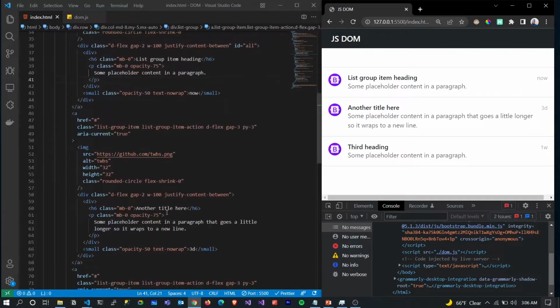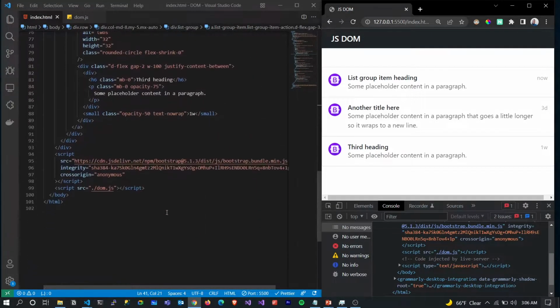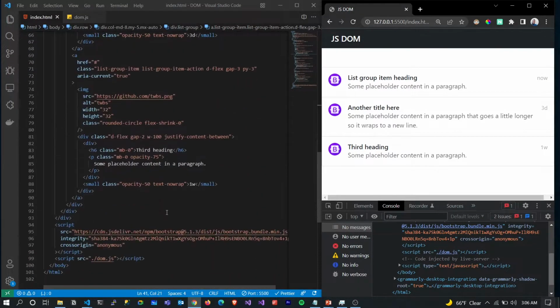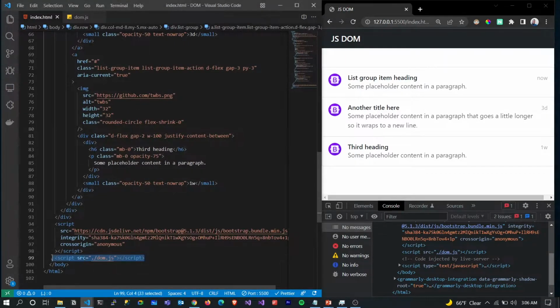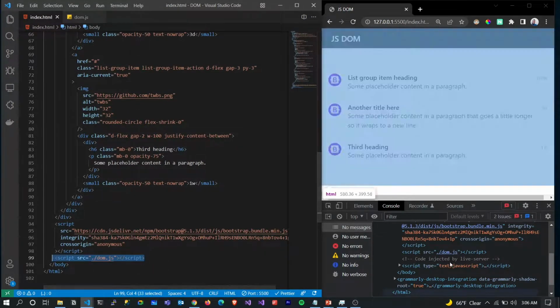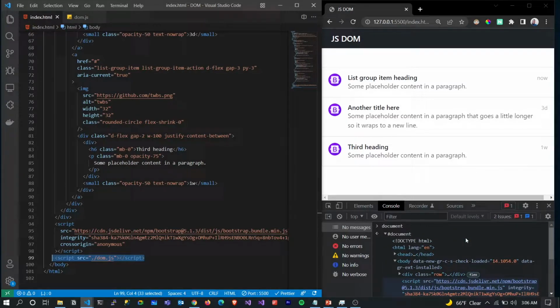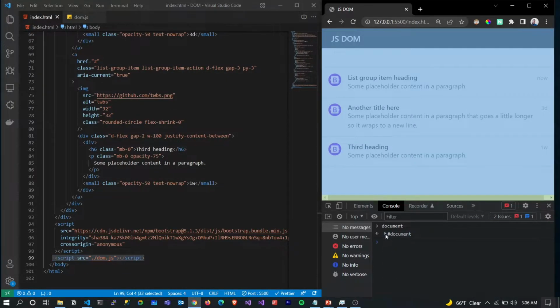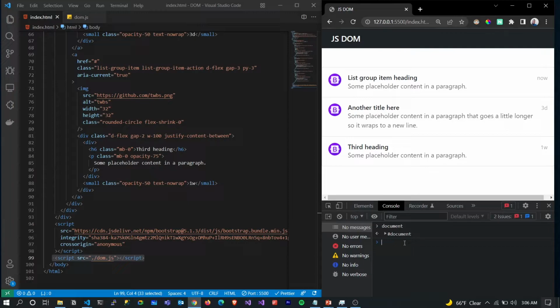If you go into your body, you would see all of our code base, everything we have here. You can see our DOM.js, where we actually linked our JavaScript file. You can see that here. So that's just to tell you that your document is basically an object that contains all of your web page